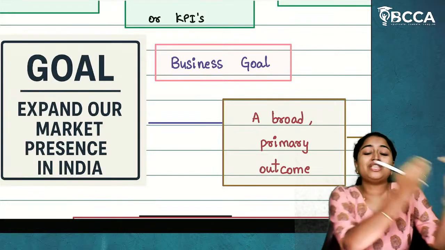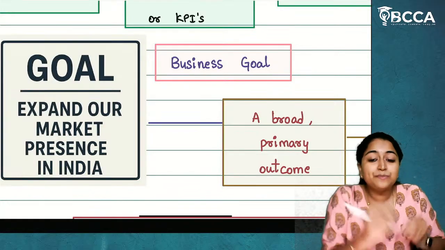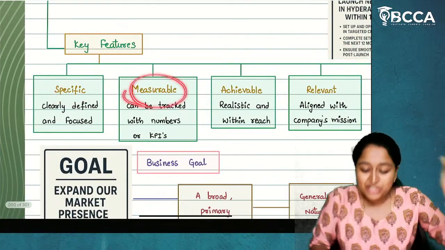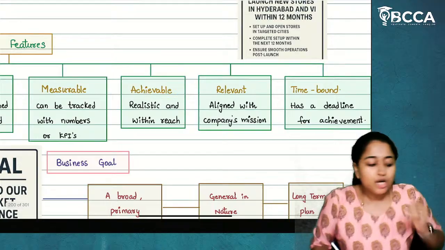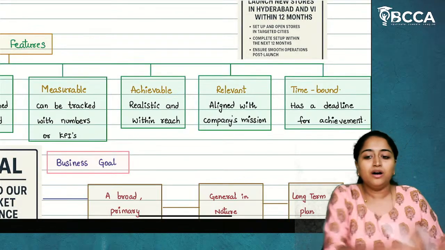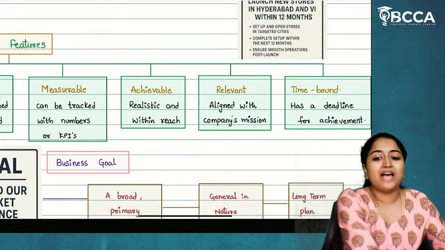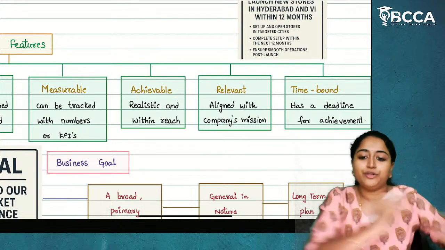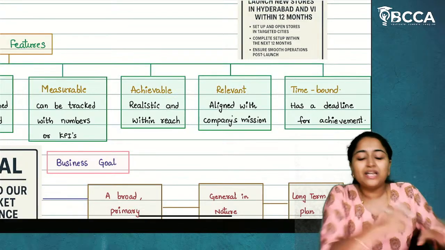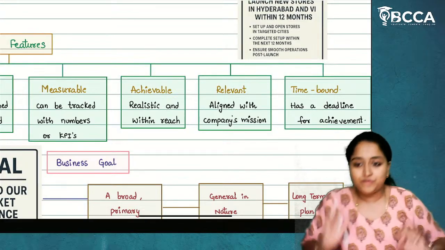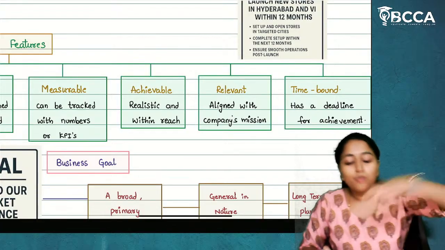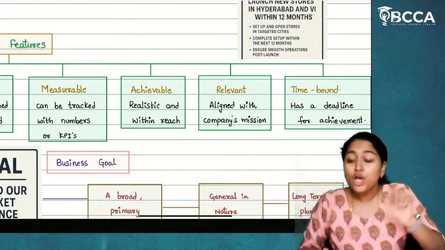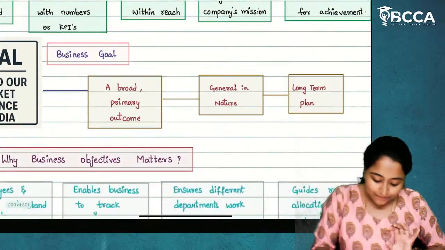Now, to reach that goal, whatever steps I am going to take will be specific, measurable, and time-bound. So, within 1 year, I have to earn up to 1 crore rupees. In 2 years, I have to earn up to 5 crore rupees. And in 3 years, I have to earn 10 to 100 crore rupees. So, in a time-bound manner, I am starting to put the objectives. The steps we take as short-term goals to reach the goal are called objectives. I hope it is clear.